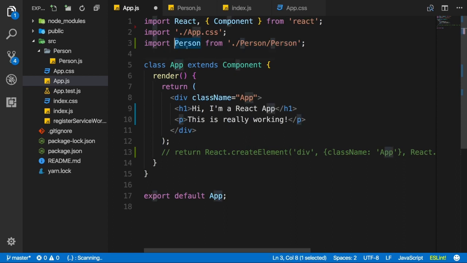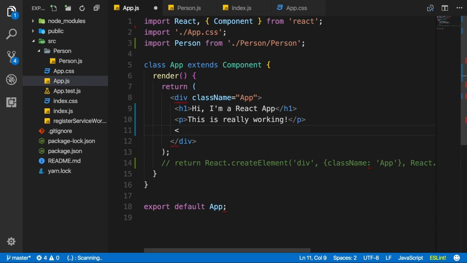You could choose any other name, it doesn't have to be person, though it makes sense to use the name of your component, but it should have an uppercase character. Because in React, in JSX, all elements starting with lowercase characters like div or h1 are reserved for the native HTML elements. So you could create your own component which you name div with an uppercase D. And then React could use that because it wouldn't interfere with the normal div. And for the same reason, you should give your person the uppercase character so that React identifies it as a